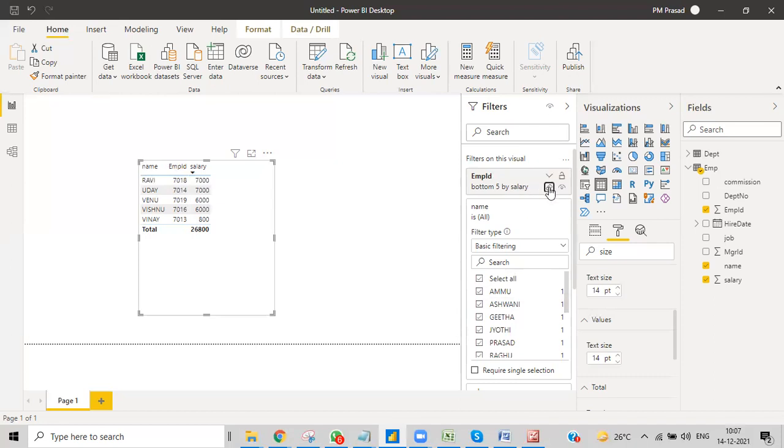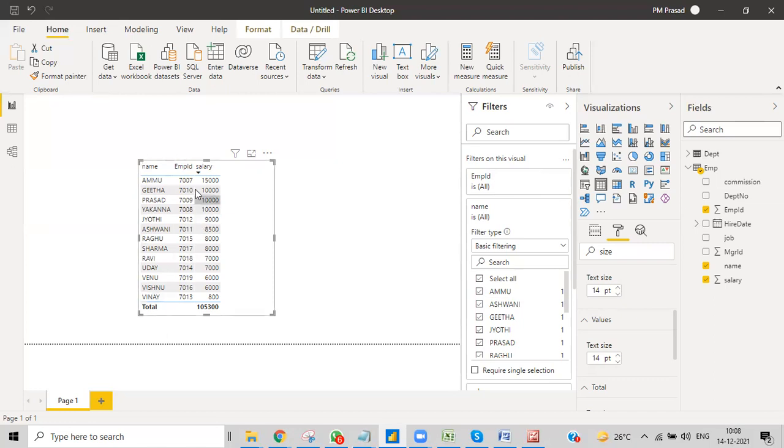Here I have a filter. I just removed the filter on employee ID, and I removed the Top N filter too. Here we have name, employee ID, salary, three things. All the rows are available over here.